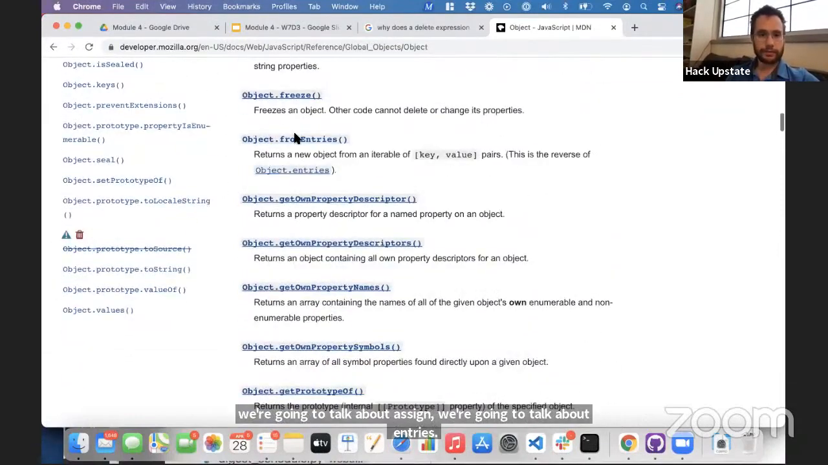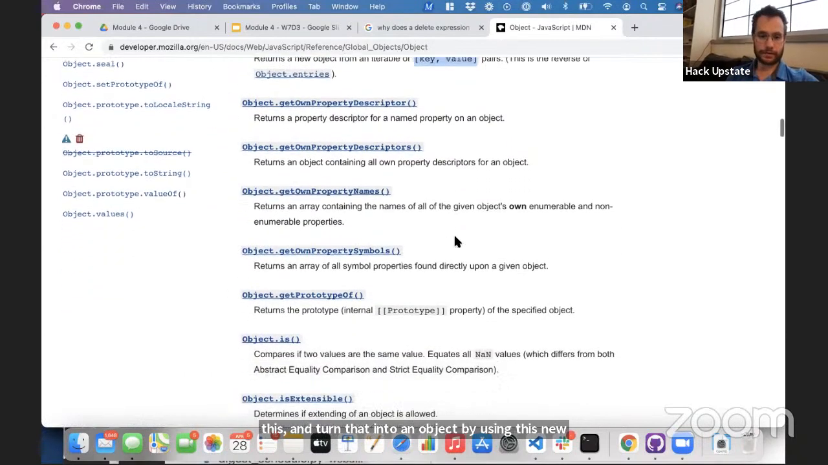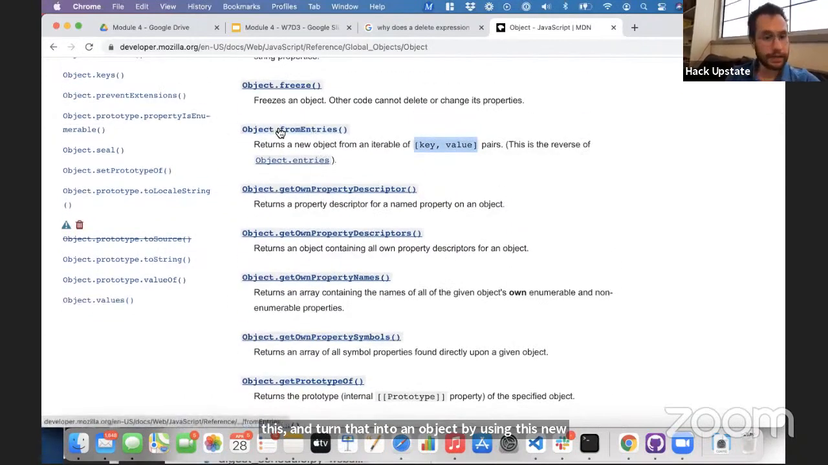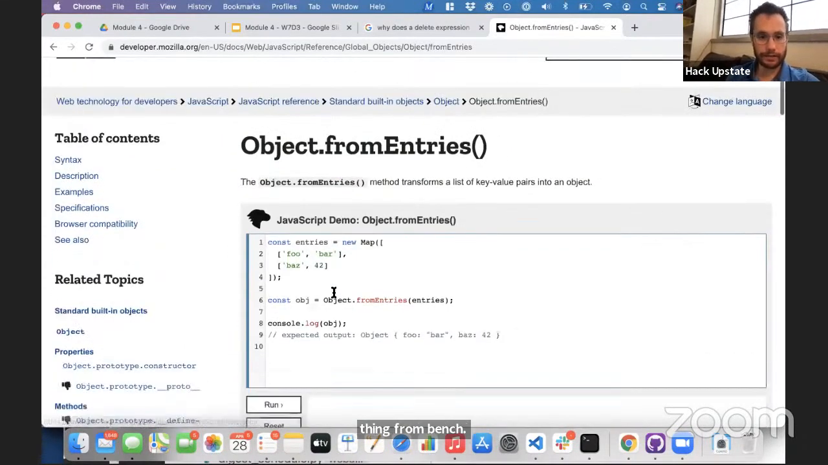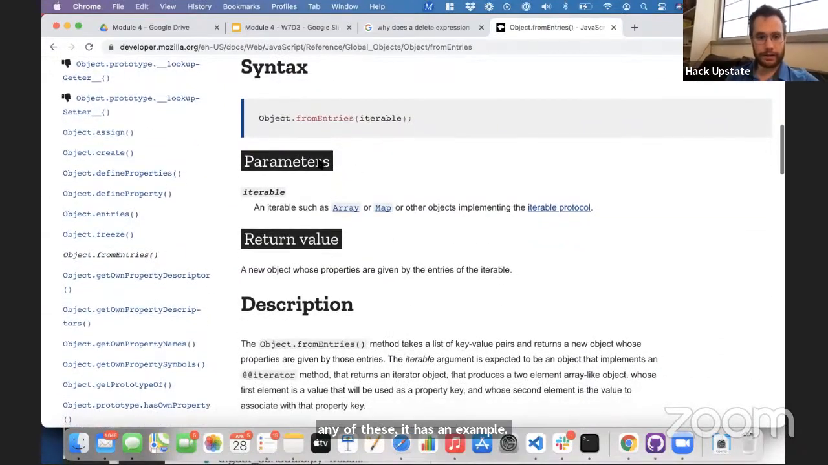Yeah, you can do the reverse. You can make an array of arrays that are key value arrays like this, and turn that into an object by using this new thing, fromEntries. And actually, I don't know how new it is. If you click on any of these, it has an example and the description of the parameters